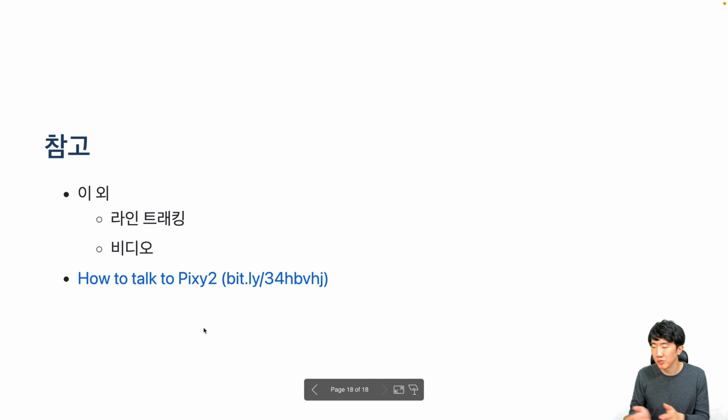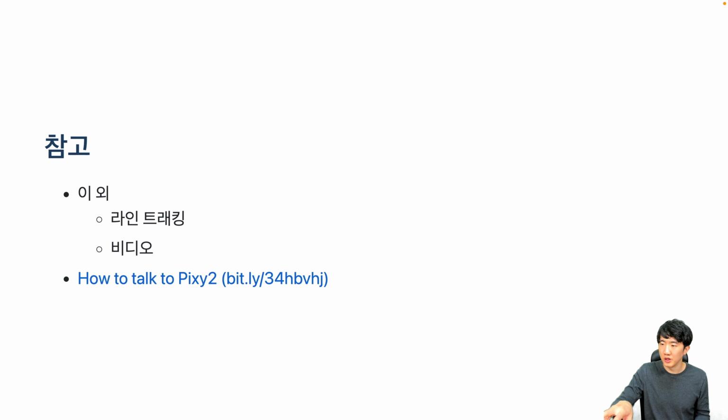In addition to this, there is also a line tracking protocol, as well as a protocol for retrieving the RGB values of specific pixels in the video. However, I will skip this part since I don't have the hardware. If anyone is curious, you can check the links provided to see the protocols I just explained, along with the line tracking video